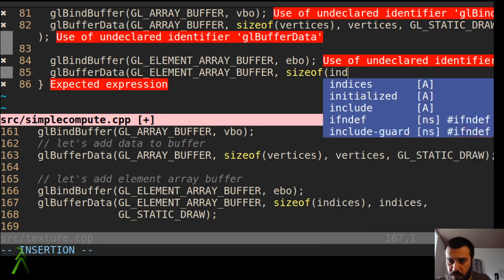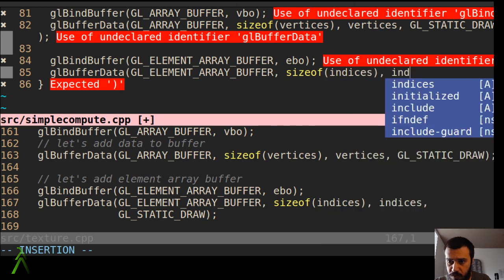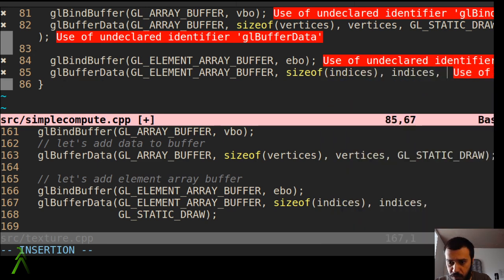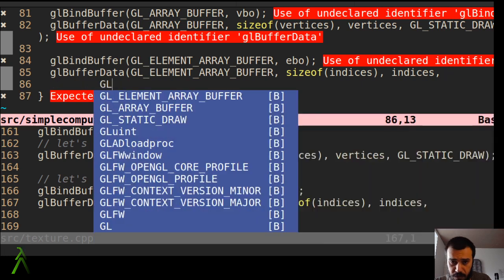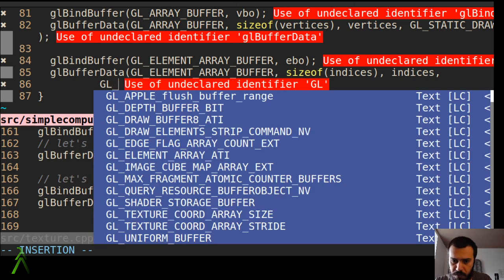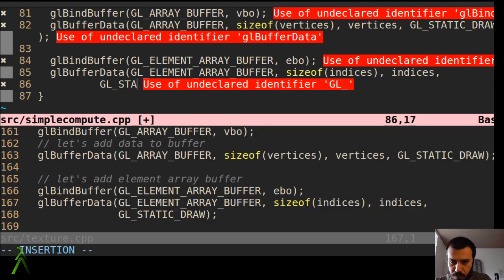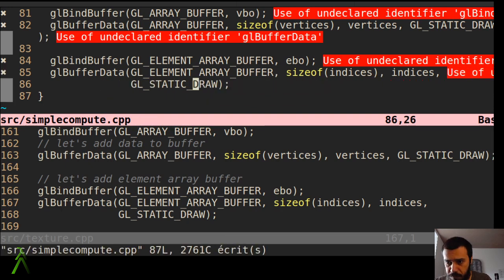And we pass the indexes to the buffer. Yes, to the element array buffer. Static draw. Alright, so